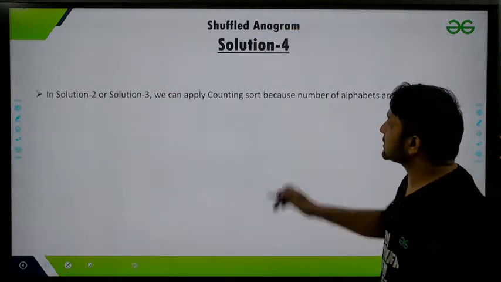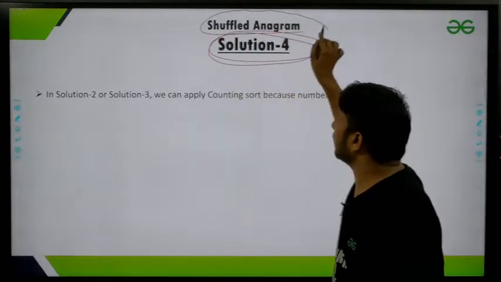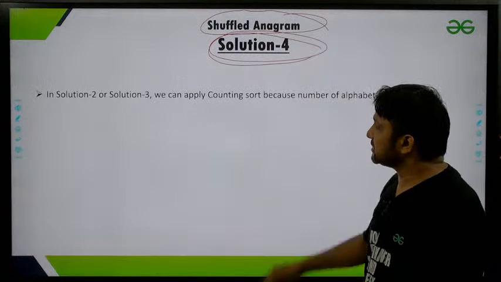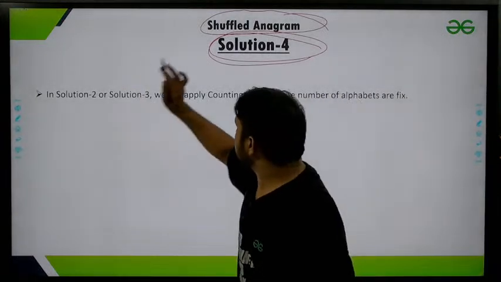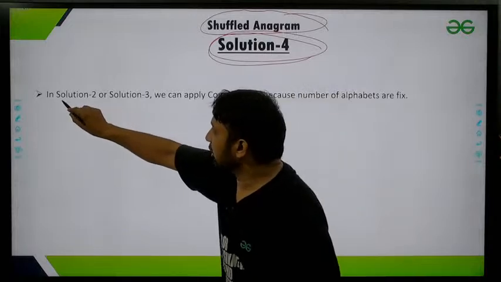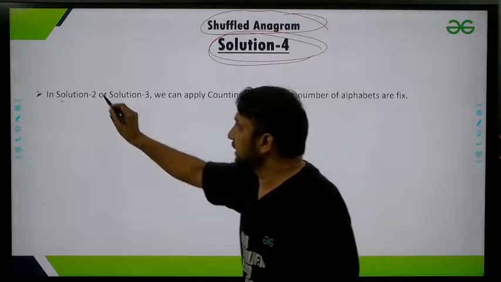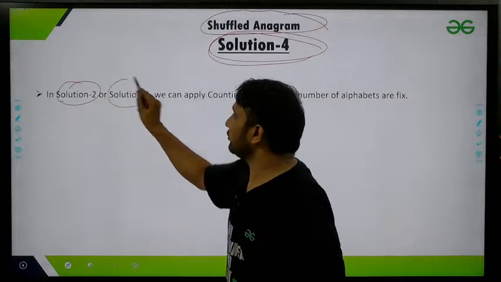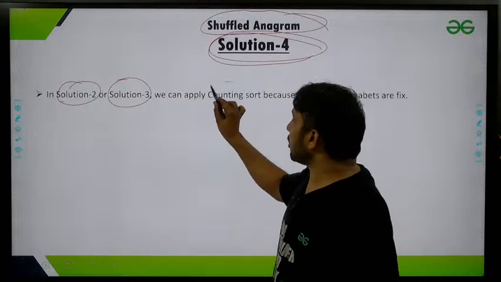Let's move to a fourth solution. We have one more solution for the same problem. This is very easy actually, and we are going to wind up. According to this solution, we are going to perform some minor change in solution 2 and solution 3. We can improve them. How can we improve them? If we use counting sort,